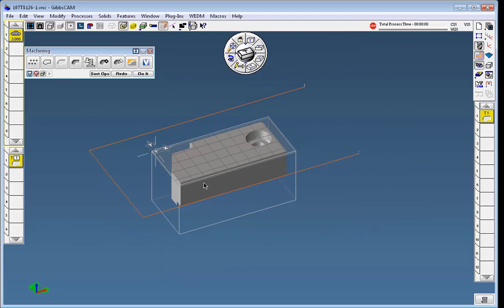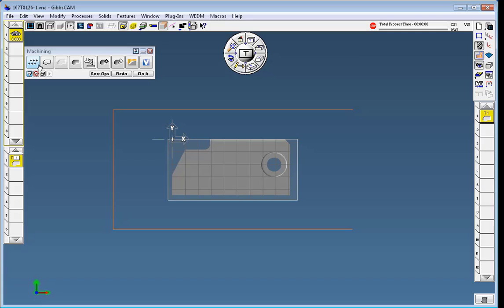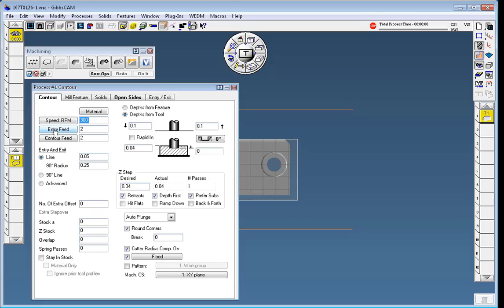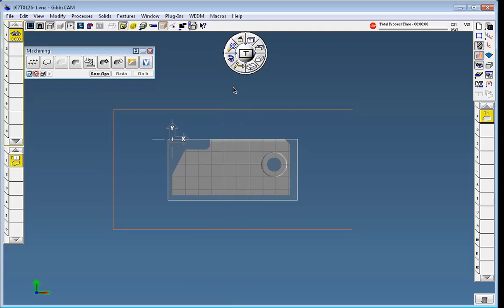Now GibbsCAM will always create 3 moves minimum on a face mill. So knowing that this is a small part, a 3-inch tool will actually face mill that part. So I'm going to change my process to a contour. In a contour process, I set the values by picking on a line. In this case, I don't have a line yet, so I'm going to create a line with my mouse. And my grid doesn't have to be too accurate, but I'm going to make it